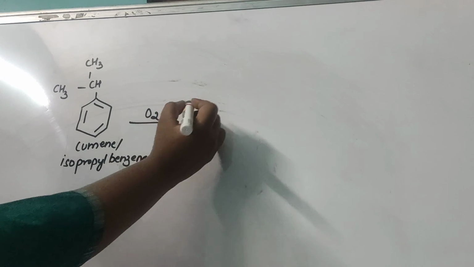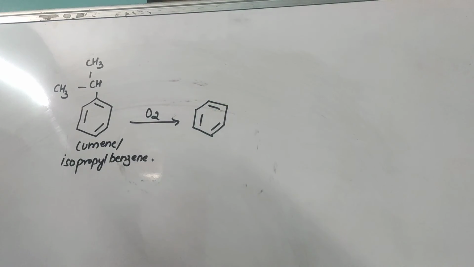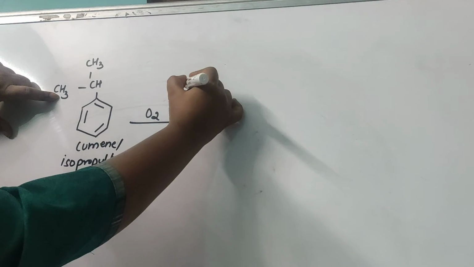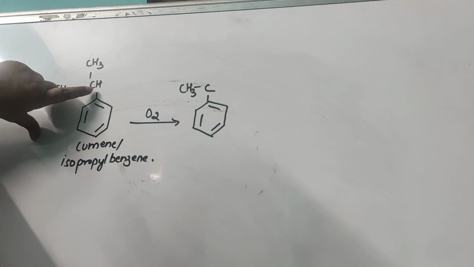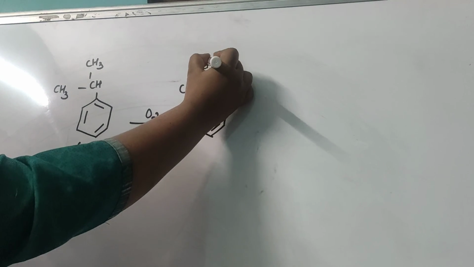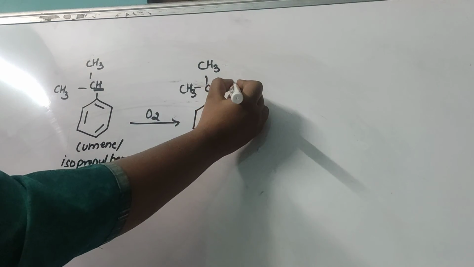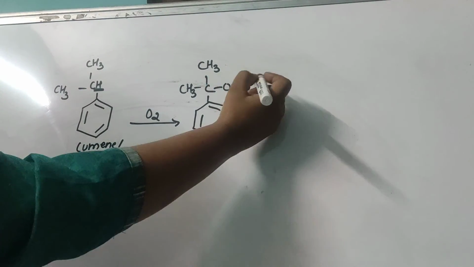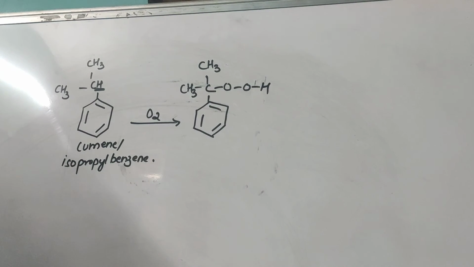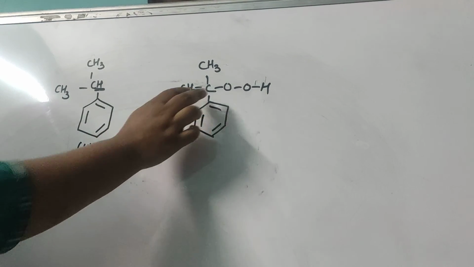Okay, so what is that? The same structure you have to draw. No need to mug up here. What you have to do: the same CH3, the same CH3, and then the C, but this H will not come, the rest is same. Instead of this H, you have to add these two O's first, and then only you will get the H. In between this C and H, you have to introduce these two oxygens.